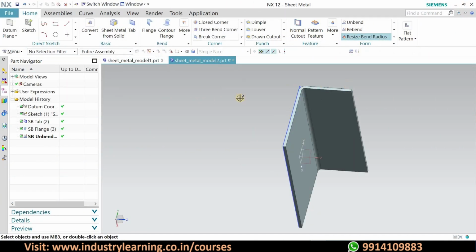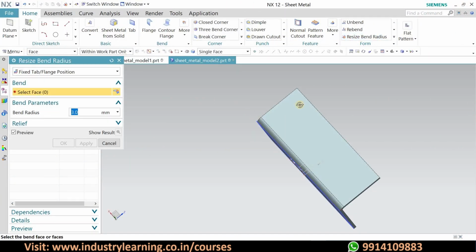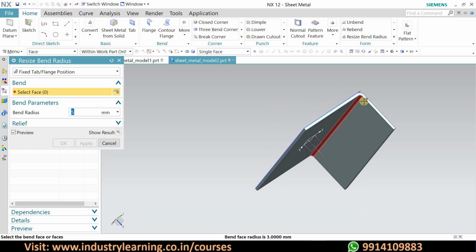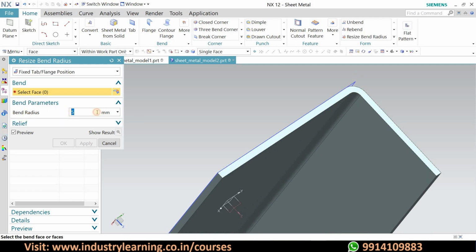And resize bend radius. Here basically this radius can be changed. If this radius is 3, then we can make it 5. There should be some sort of relation between faces.